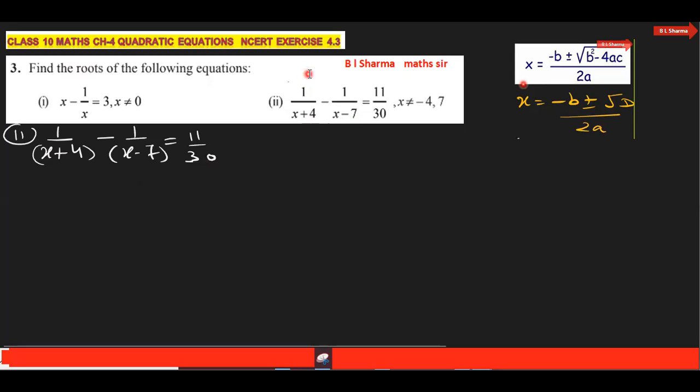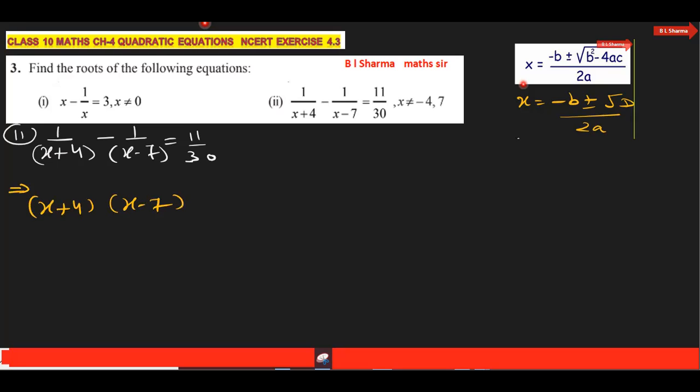सेकेंड पार्ट, 1 upon x plus 4 minus 1 upon x minus 7 इक्वल टू 11 अपॉन 30। ये x इज इक्वल टू -4 नहीं होना चाहिए, x इज इक्वल टू 7 भी नहीं होना चाहिए। ऐसे होता है कि if in denominator you put -4 then -4 plus 4 will be 0। डिनोमिनेटर 0 नहीं होना चाहिए। In that case the number does not exist, that is why। So for this what we will be doing here, पहले हम इसका एलसीएम लेके इसको क्वाड्रेटिक फॉर्म में कन्वर्ट करते हैं।